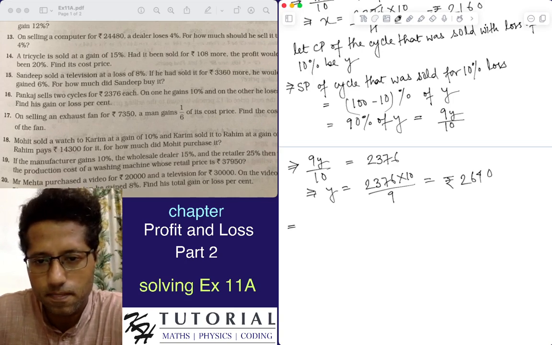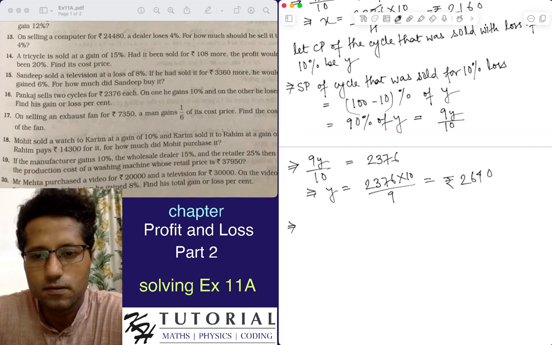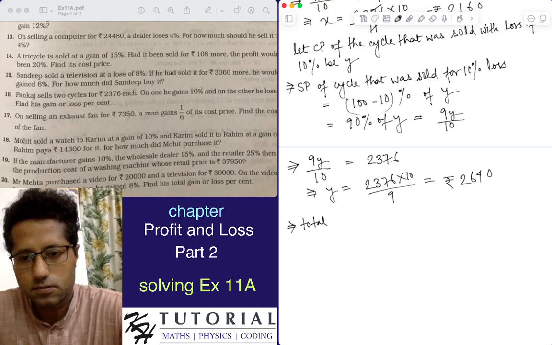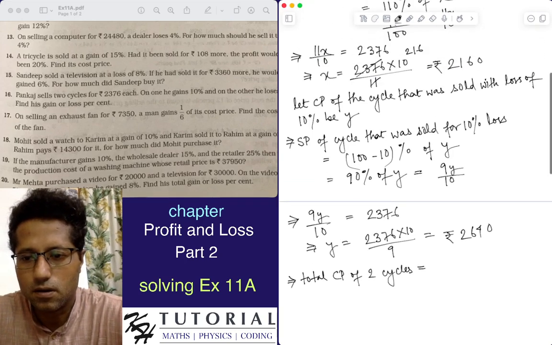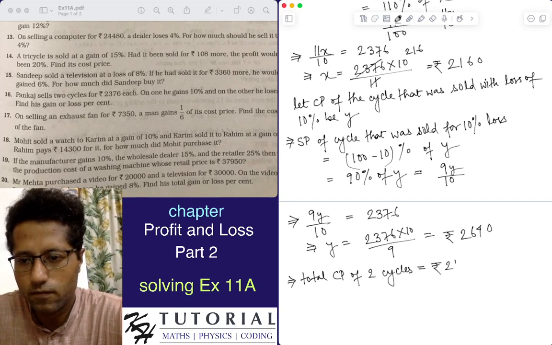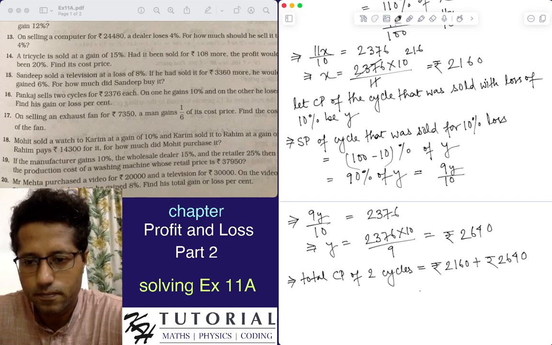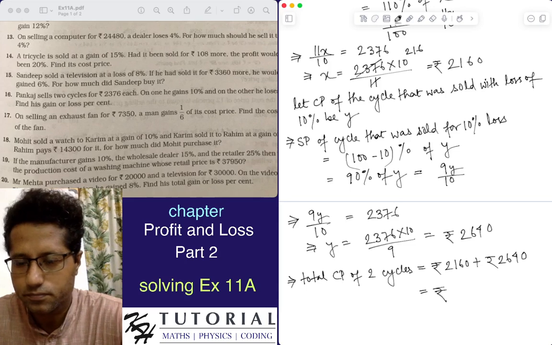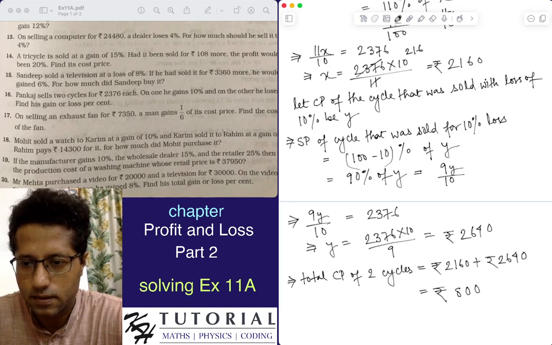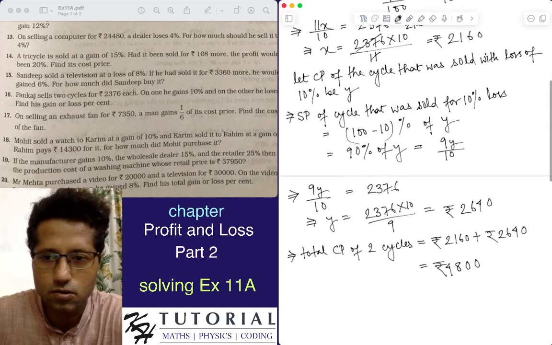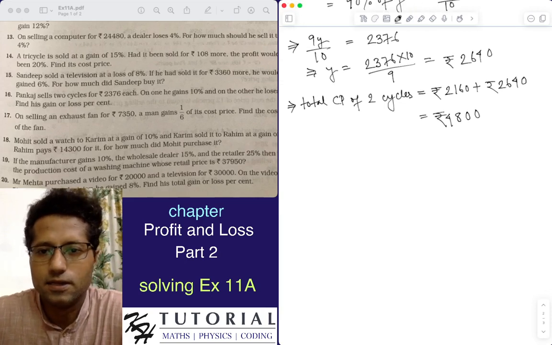So now this implies the total cost price of two cycles is equal to rupees 2160 plus rupees 2640. This equals rupees 4800. 4800 is the cost price of the two cycles, and the selling price